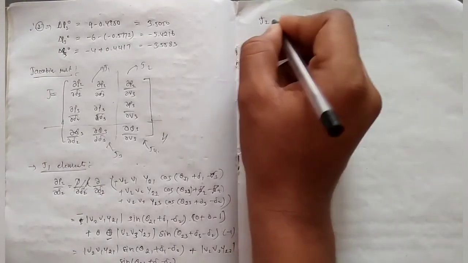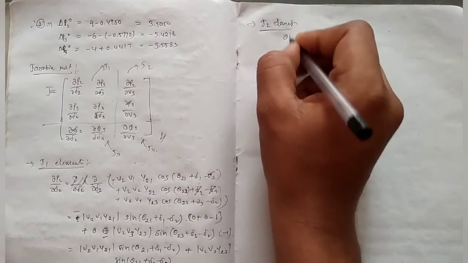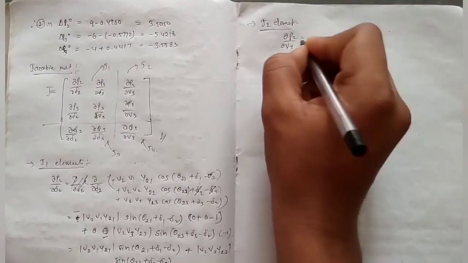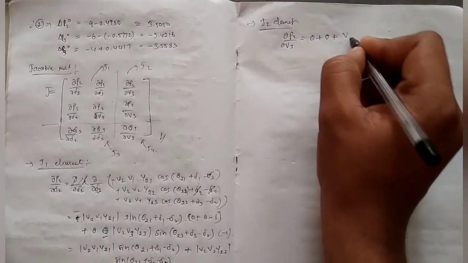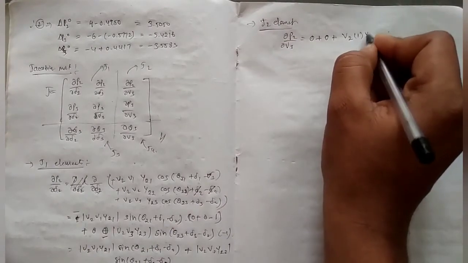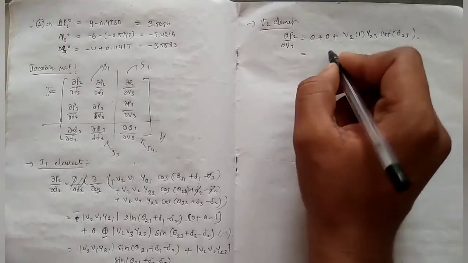Now we are finished with the J1 element, and now the J22 element. These values, the J22 elements, are ∂P2 divided by ∂V3. This expression we need to differentiate with V3. We don't have V3 in the first term, right? Therefore first 0 plus, and in this also we don't have V3, 0 plus, we have V3 here, right? ∂V3 means V3 will get 1 and the whole thing remains the same, into 1, Y23 cos theta 23. Okay, substituting all those values, you'll get minus